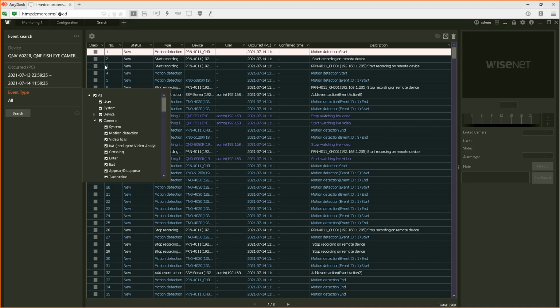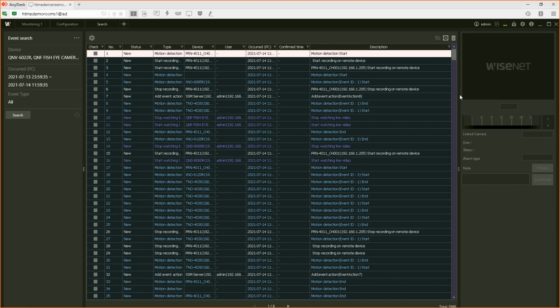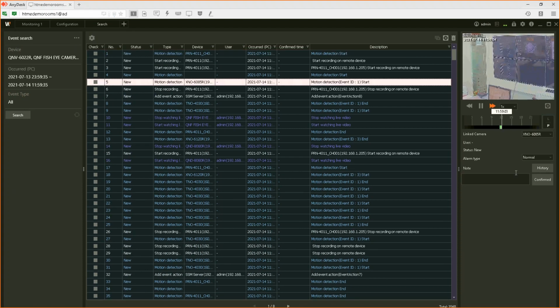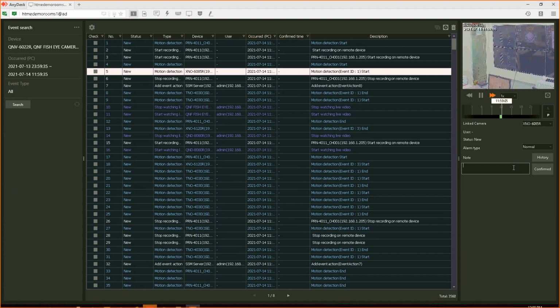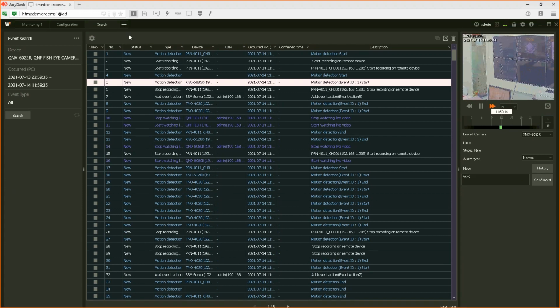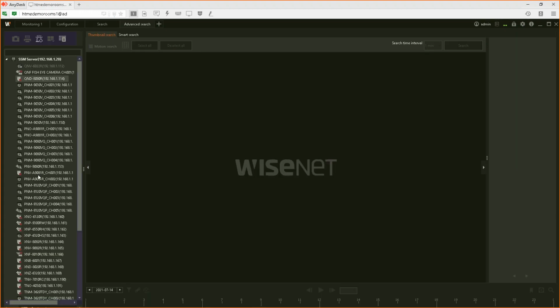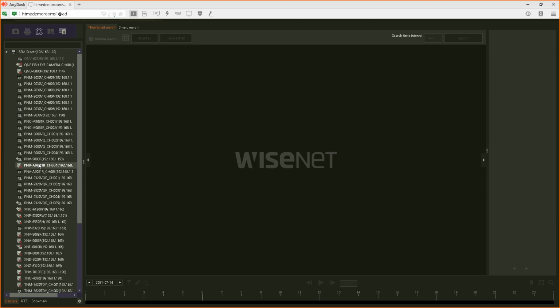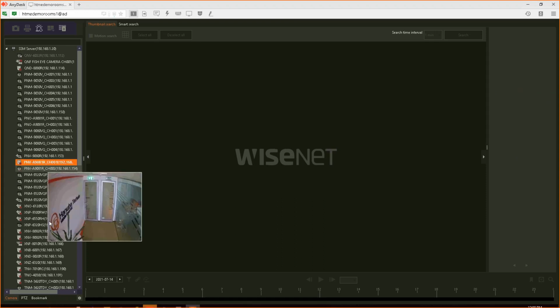If you double click, the video will play on the right side. You can export, write some text, and you can acknowledge the alarm here. And then you have advanced search. It's a metadata search. Yesterday we talked about it. I will explain again.